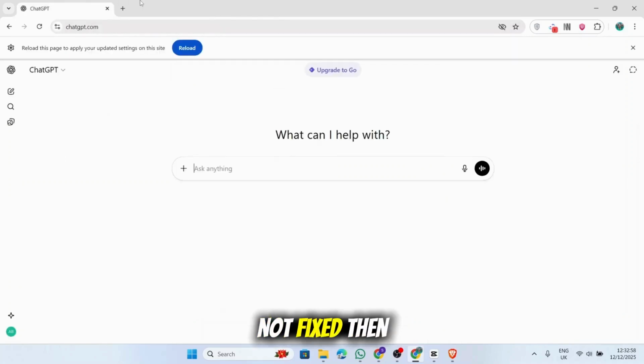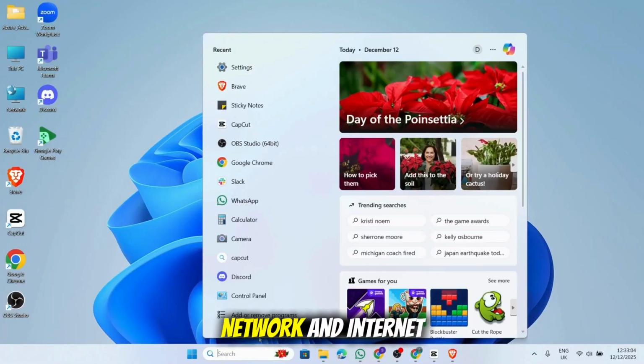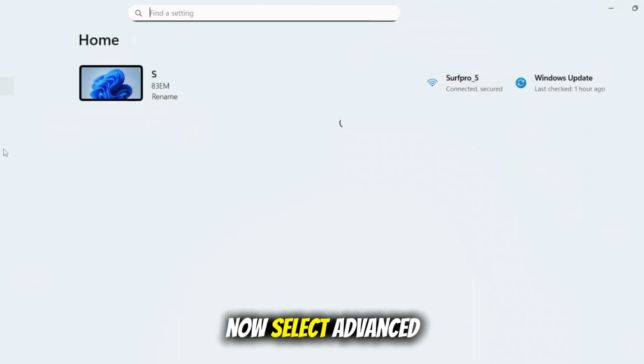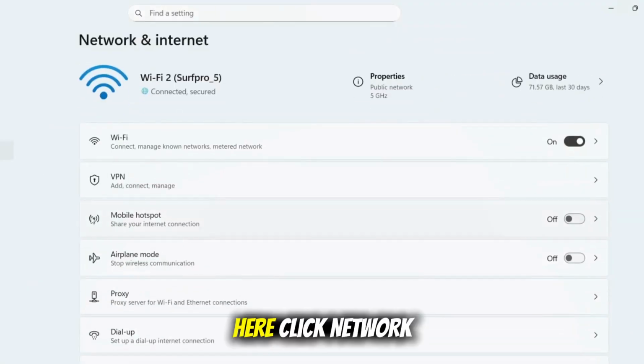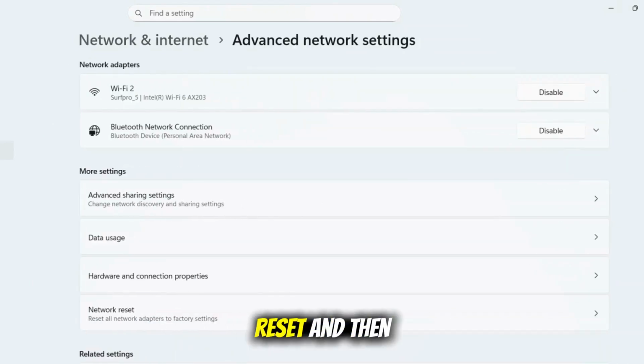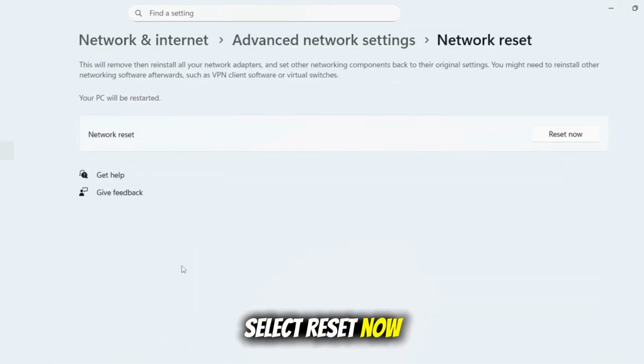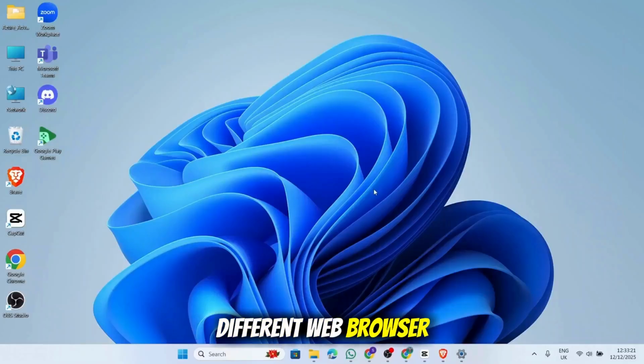If it is not fixed, then you want to launch open settings on your laptop or PC. Then click on network and internet. Now select advanced network settings. Here click network reset and then select reset now. Now restart your computer. If the issue still persists, you want to try using a different web browser like Opera,